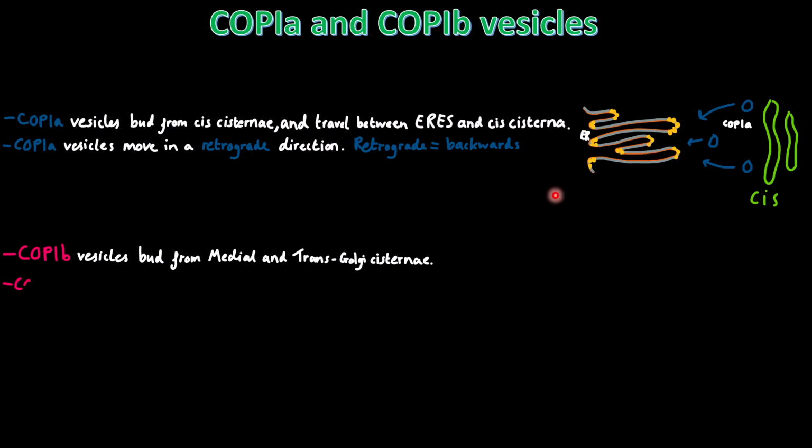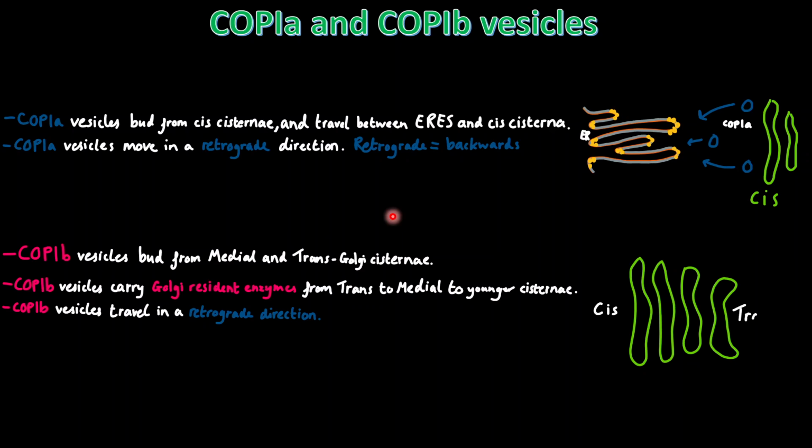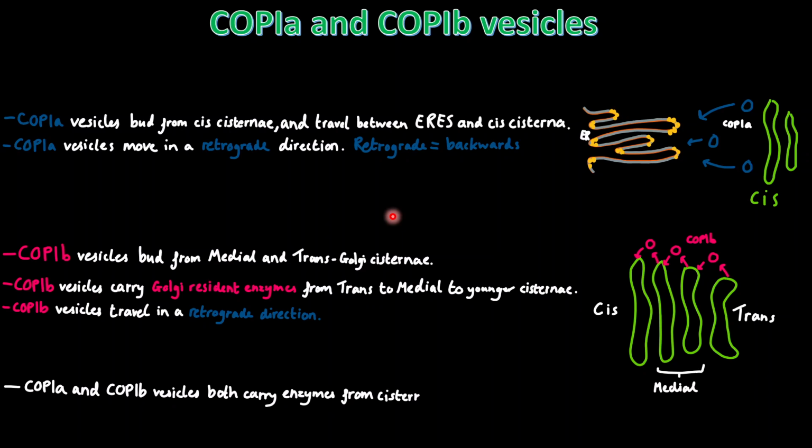COP1B vesicles are another type of vesicle, and they bud exclusively from the medial and trans-Golgi cisternae and are confined to the space around these cisternae. COP1B vesicles are really important as they carry Golgi resident enzymes from the trans and medial cisternae to younger cisternae in a retrograde fashion. If you think about it, there are enzymes here with the protein cargo inside, but these COP1B vesicles carry enzymes, not proteins, enzymes to each cisterna back